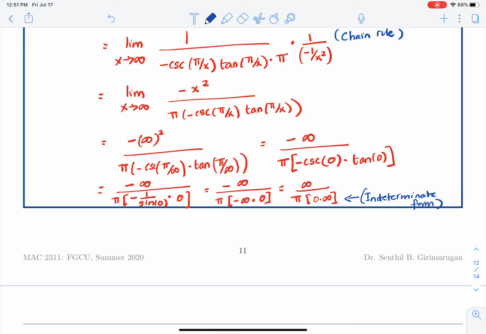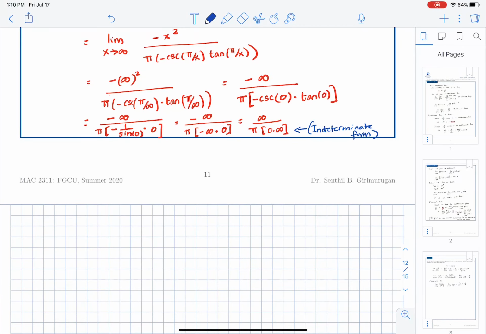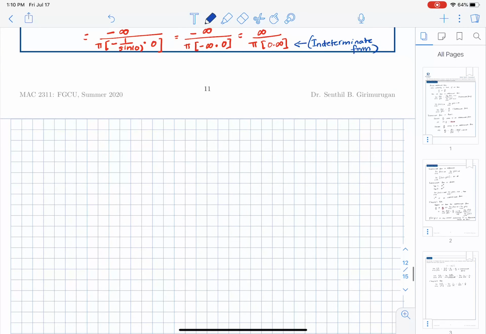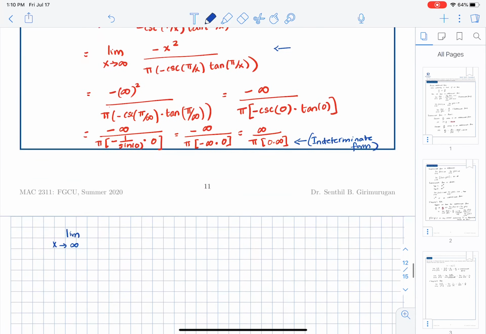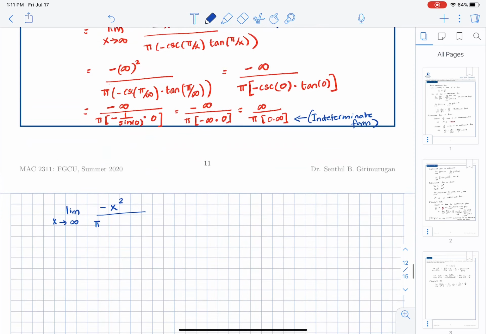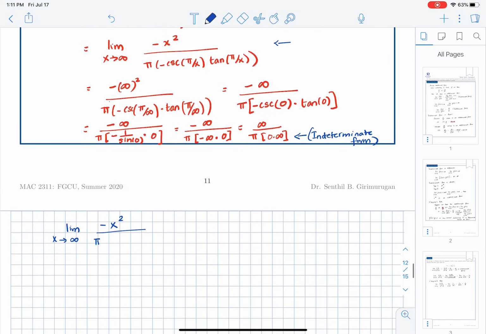So what do we do? We apply L'Hopital's rule one more time. We have to apply L'Hopital's rule one more time, and we will start at this step over there. So now we have the limit as x approaches infinity of negative x squared divided by pi. We have a negative in the denominator,